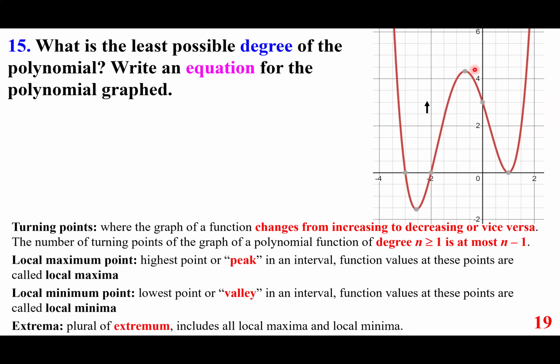So maximum, there is one maximum. Minima, we have two of them. So we have one maximum, two minima. Okay, that's what happens. So how many? 4. Why is that? 1, 2, 3. There are 3 turning points. Okay. N minus 1 equals 3. And therefore, 4 should be the answer. Because there are 3 turning points. All right. Having said that, we want